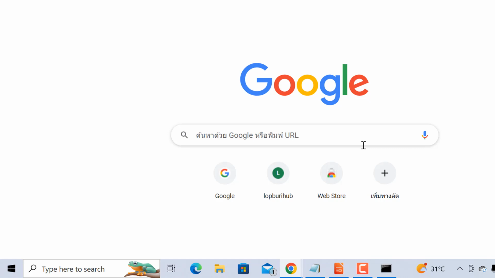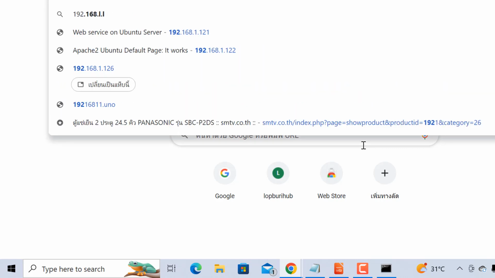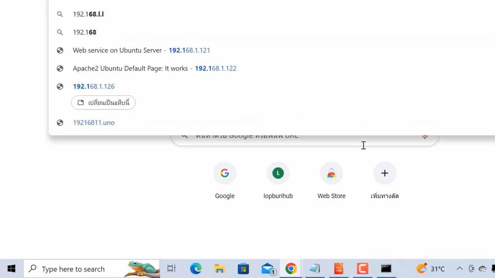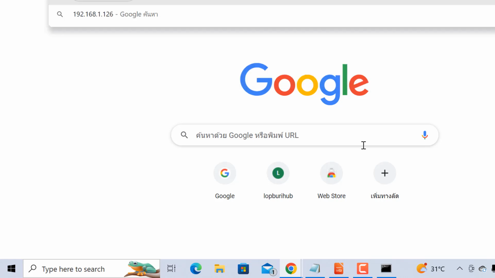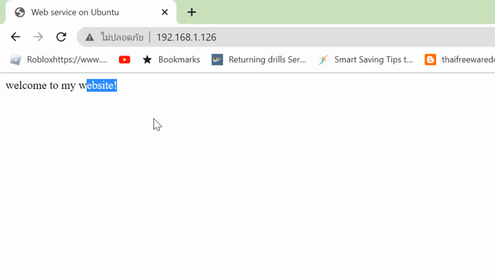Okay, now let's go to our Chrome browser, and then we're going to enter the IP address, one, two, six. We hit enter. And it says welcome to my website. Let's show our index HTML file. Okay, that's all for how to install Apache on Ubuntu server,